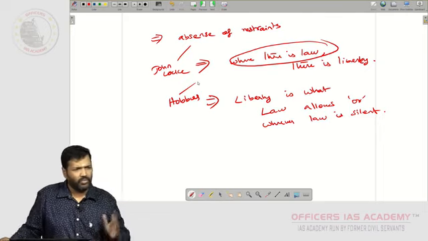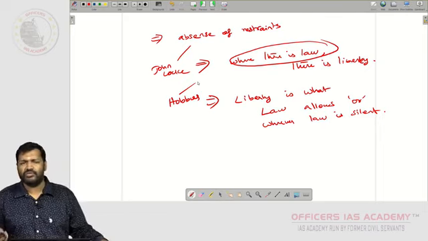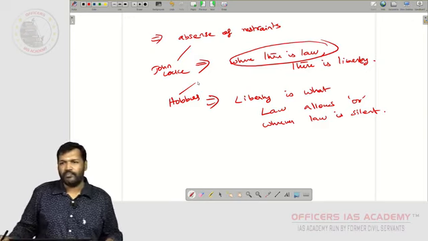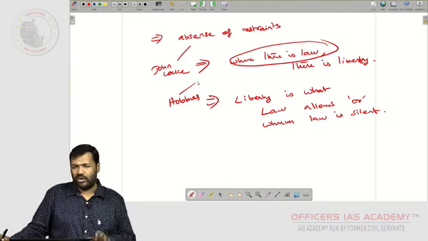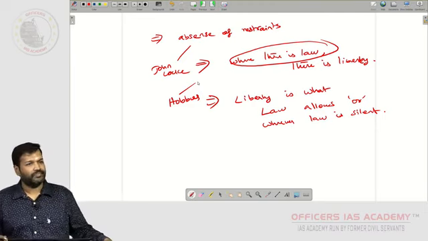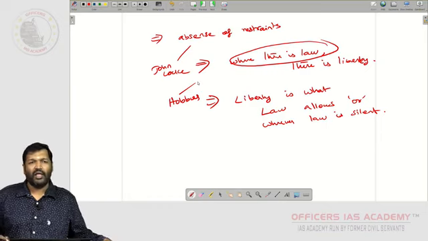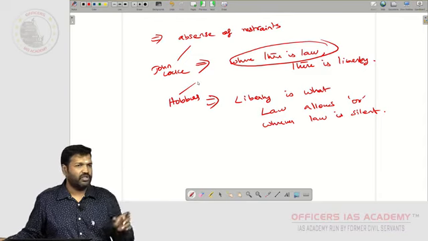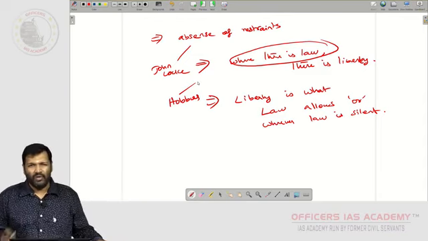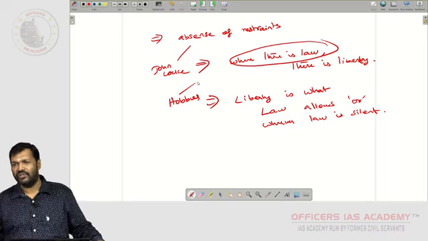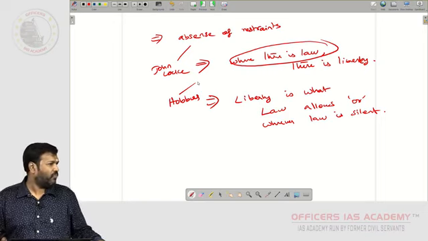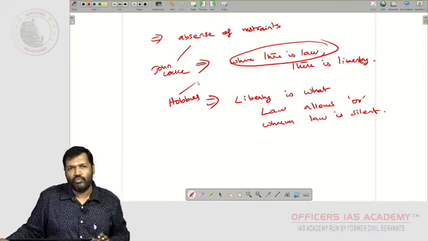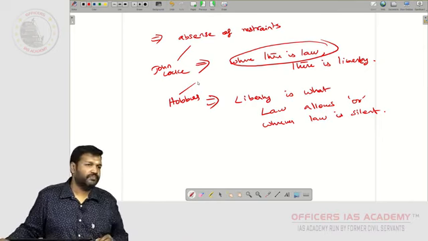Law doesn't restrict you. You want to do anything. For example, your college has a dress code. Okay, the college says don't wear jeans pant. But the college has not specifically told anything about cotton pants. So technically, since it only speaks about jeans pant, you should not wear jeans or something like that. You are free to wear what is not mentioned there. So that is how, wherever law is silent, you have some freedom, says Hobbes.